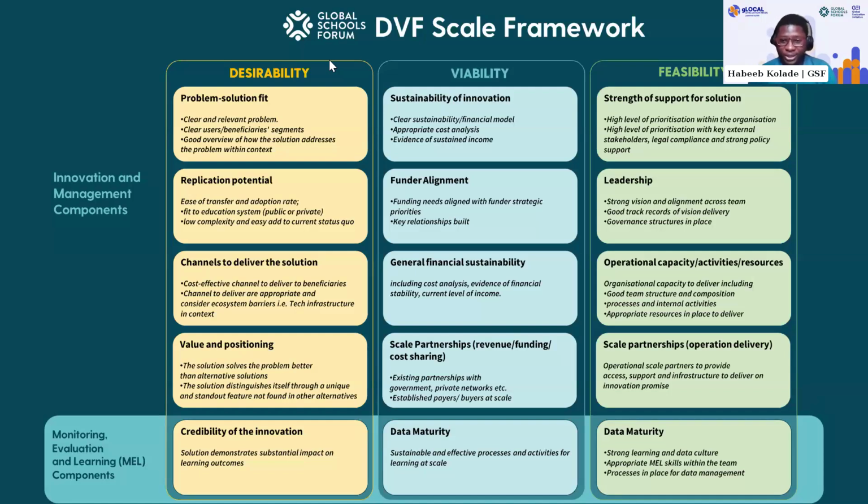Then we're looking at scale partnerships that could potentially improve your access to more beneficiaries. So when you say you want to scale to 100,000 people, do you have the right partnerships to ensure you can reach those people? Finally, back to data maturity, can we see within your organization the appropriate MEL skills to continue to measure very rapidly and deploy those learnings within your team? Are you storing data properly? Do you have the right processes to measure data and use data within your organization?